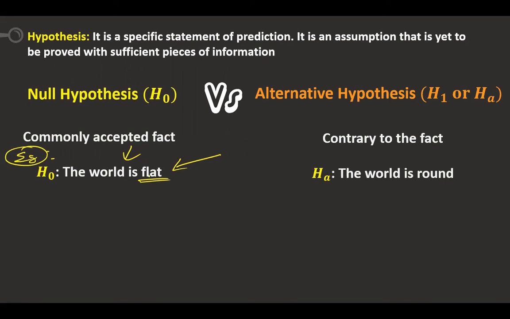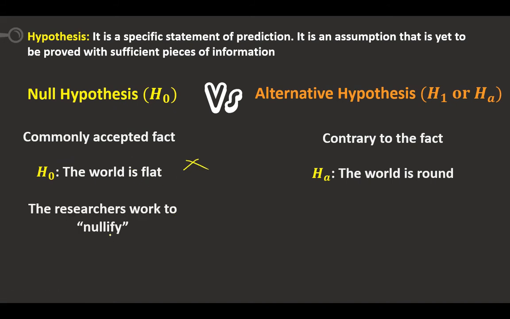So then disprove it, why should we call it null here? Disproving means I am going to nullify this statement. Okay, now I'm going to nullify this statement, I'm going to omit this statement by having evidence. That is why it is called the null hypothesis. Okay, now the researcher's work is to nullify this particular H naught. Now always whenever you do research, you will frame the null hypothesis first and you are going to nullify it by getting the p-value. Okay, so that is why it is called the null hypothesis here.